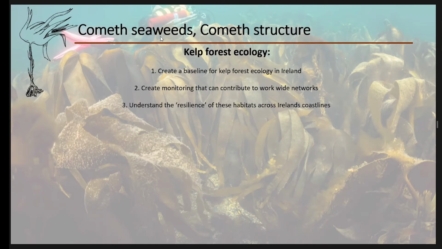So the main thing is that we don't know what we have in the system, so we can't really monitor what we're losing in terms of looking at IPCC projections or anything like that. So the idea here was to create a baseline for kelp forest ecology, create a monitoring program that can contribute to worldwide networks on kelp forest ecology, but also things like conservation programming, MPA programming, which Ireland is really starting to move towards, and